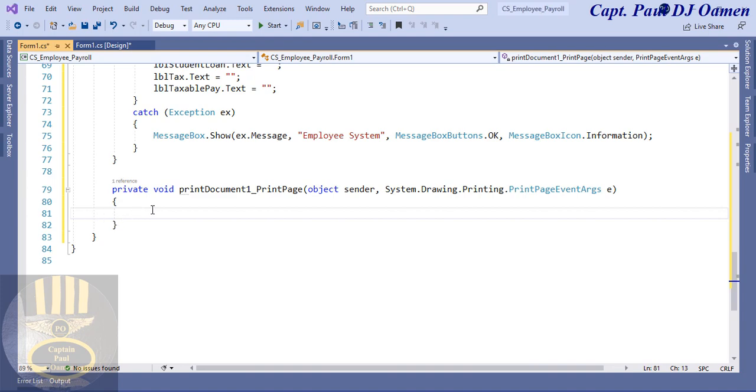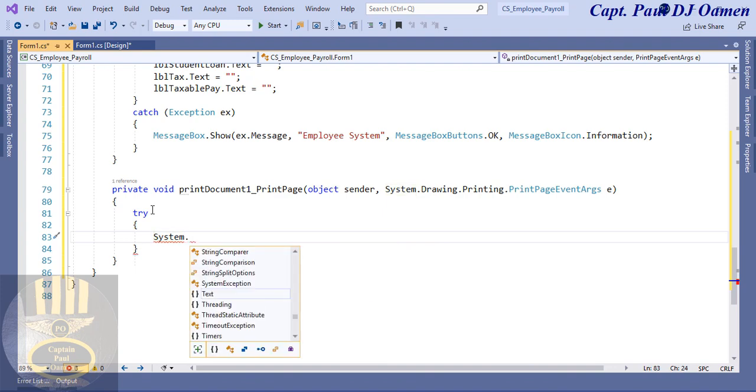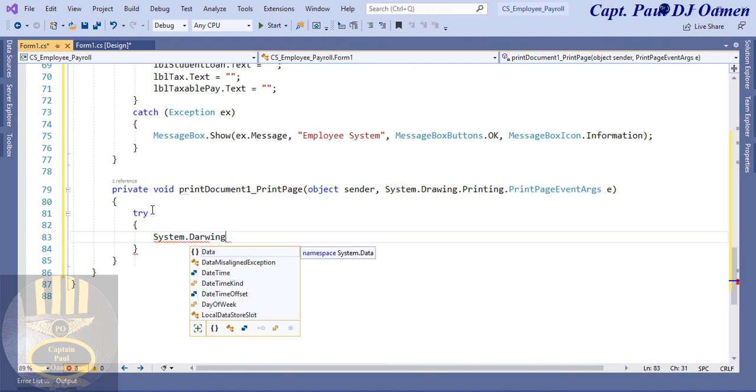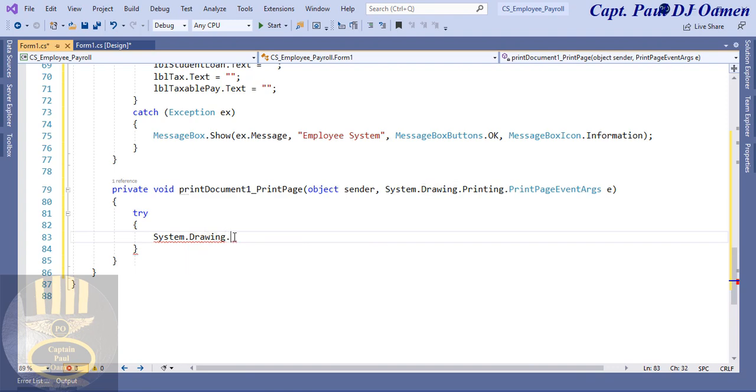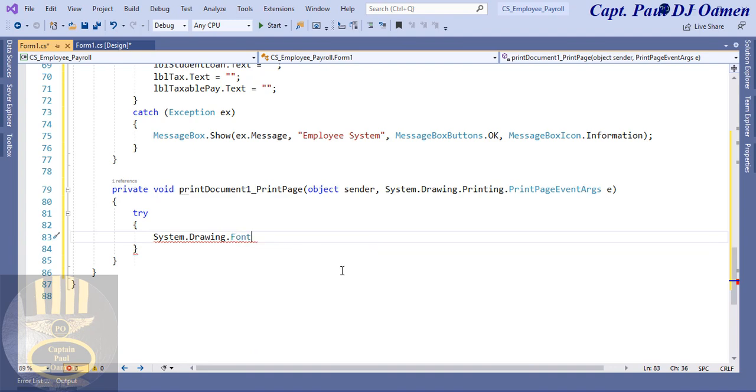Right in the code view of the print document 1, I'm going to just type in try. Let's enter curly braces. Now the next thing I want to do is I'm going to call the system. So let's say system dot drawing, wrong spelling, dot font, and the font that I want to use, I'm going to specify that in there. So let's say the font,